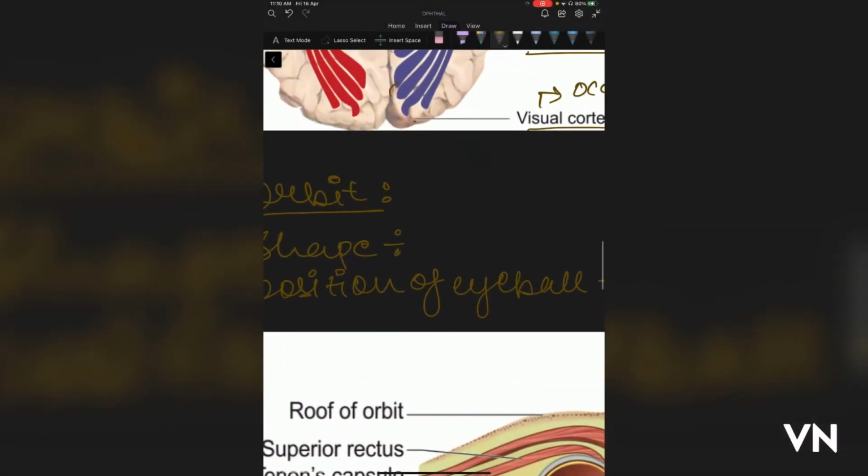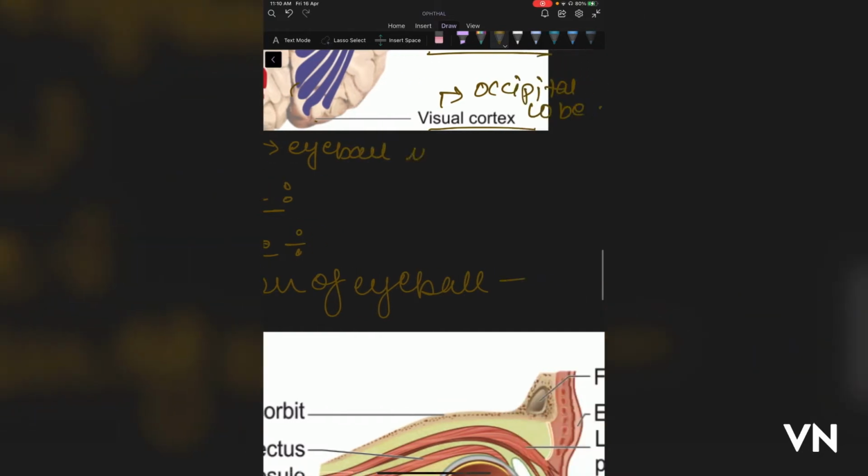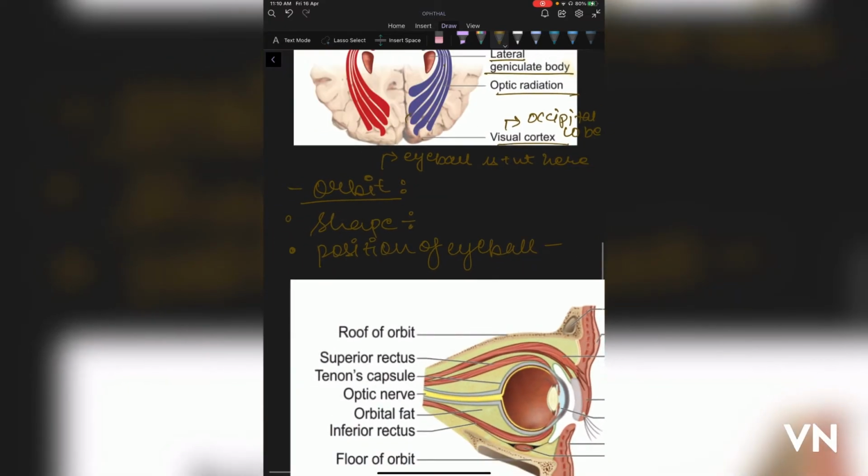After the anatomy of the eye and the visual pathway, today we will be discussing the orbit and the extraocular muscles. The orbit is basically where your eyeball is present, right? Now, the shape of the orbit is